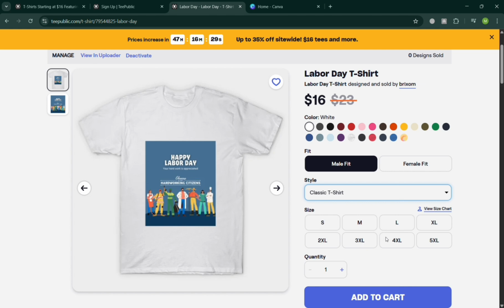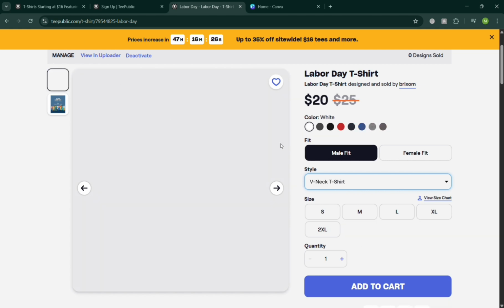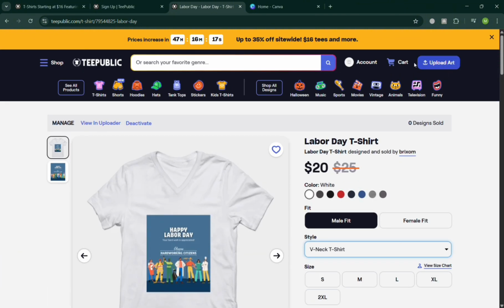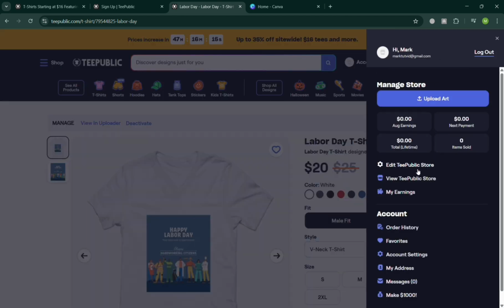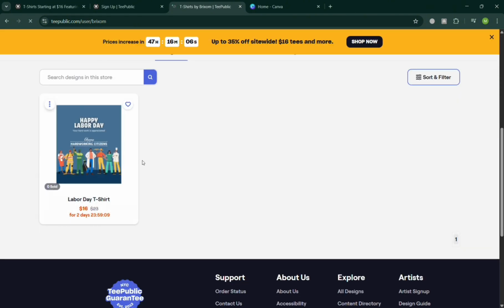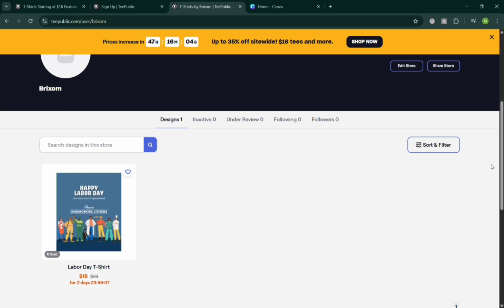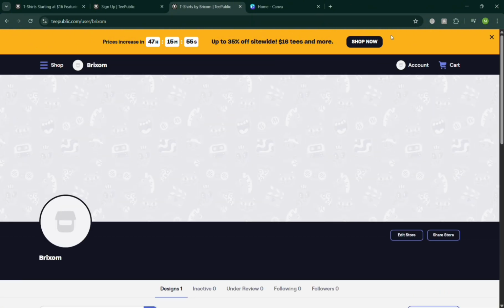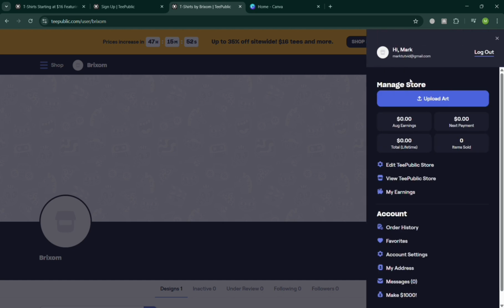Now the importance of using TeePublic lies in its role as a creative hub where independent artists can turn their ideas into income without the barriers of traditional manufacturing or retail. By providing a print-on-demand platform, it empowers designers to showcase their work globally, reaching audiences who appreciate unique, niche, and pop culture-inspired designs. While for the customers, its purpose is to simply offer an affordable and accessible way to buy custom-made products that reflect their personal interests, style, and identity. While at the same time, TeePublic also fosters a community that supports independent creators by giving them a fair share